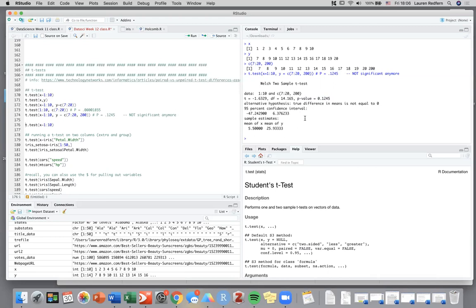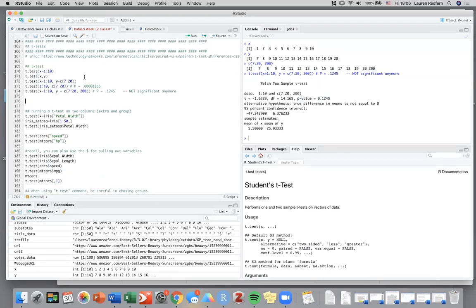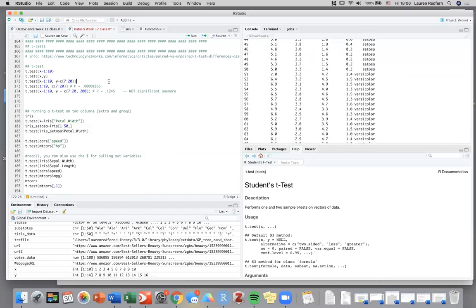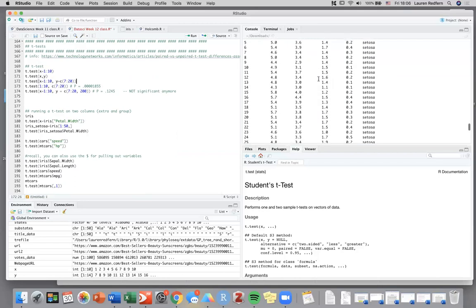So this is statistics information. Once again, I'm really just showing you how to run a Student's t-test, Welch's 2-sample t-test. So if we were to look not just at these numbers that we're putting in, but actually a data set, once again, I'm going to look at the data set iris, which is based on the flowers and the sepal length, sepal width. So if we wanted to run a Student's t-test on iris, we would need to pick what